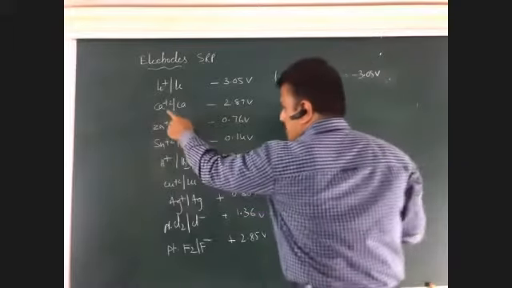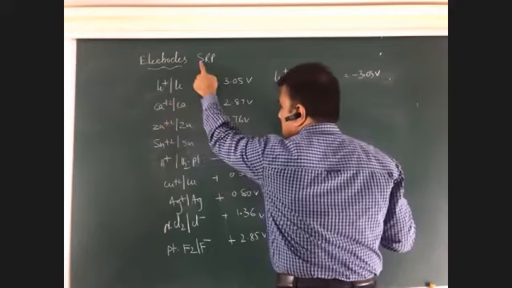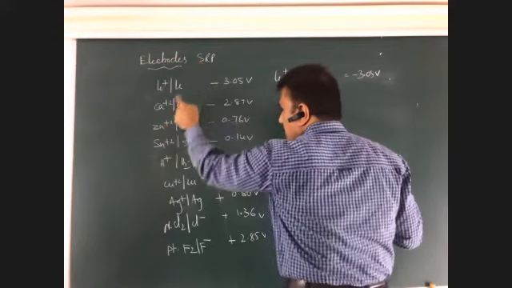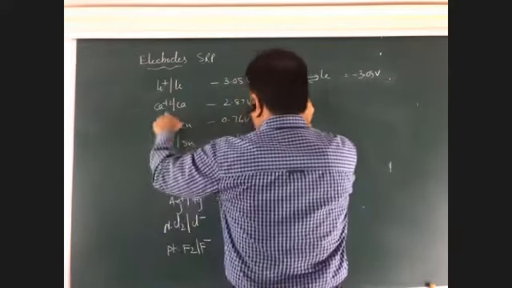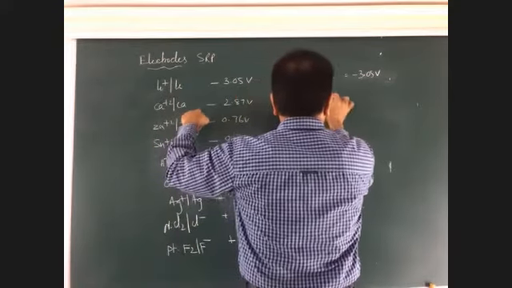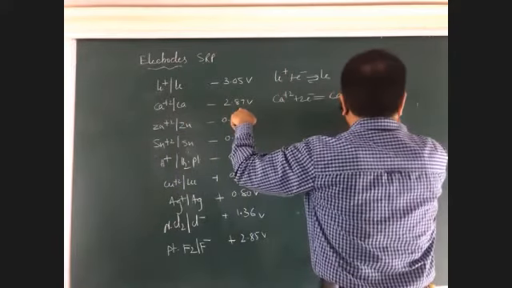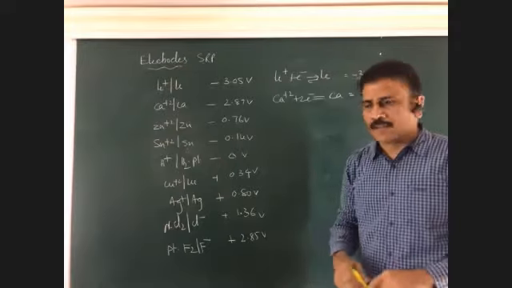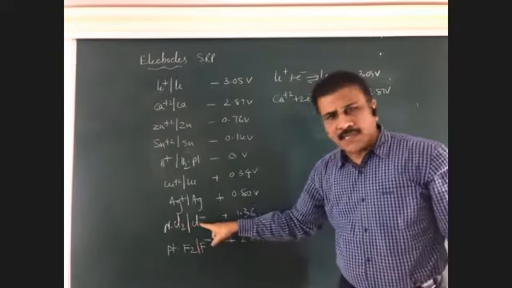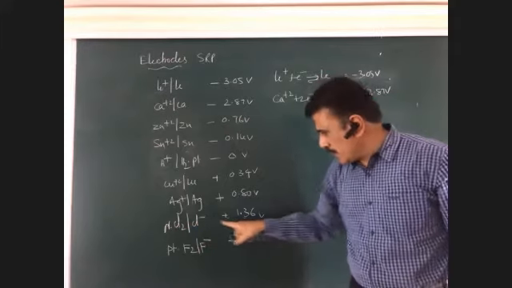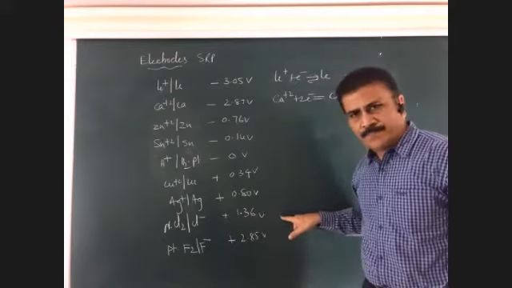Look at one more example. Plus 2 to 0. So this is also reduction. Hence reduction potential is represented. And if you want to write the equation, you have to write like this. Ca plus 2 electrons, reversible, Ca; its value is minus 2.87 volt. This is the way of writing. Come down. Chlorine, 0 to minus, reduction. So value is represented, reduction potential. We have to write the reduction equation.